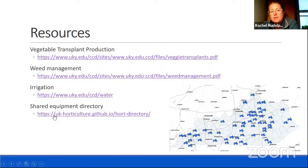And so if you check out this directory here and you click on the tractor icon, so this directory has several different things that it can show you, but for shared use, it's the tractor. And if you go in and you hover over a specific tractor, it will give you more information. And so a pretty handy tool to maybe help avoid some certain costs, right? Like buying a tractor and a plastic mulch layer, for example. So some of that is